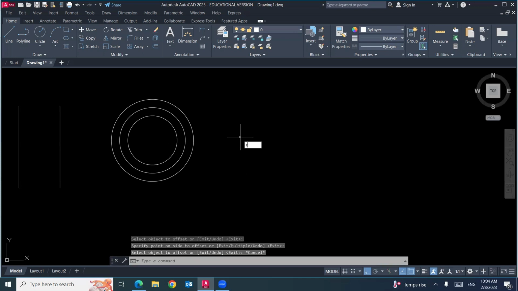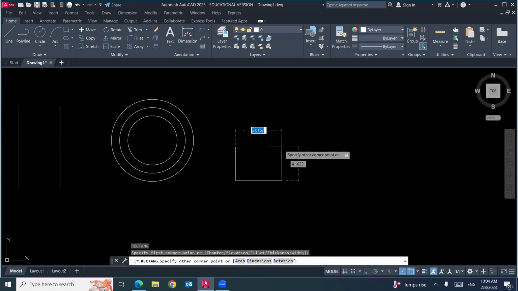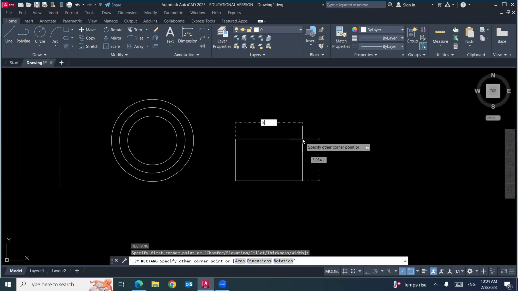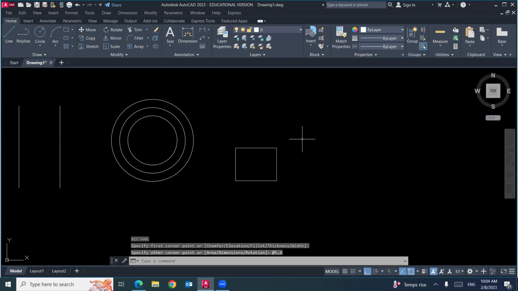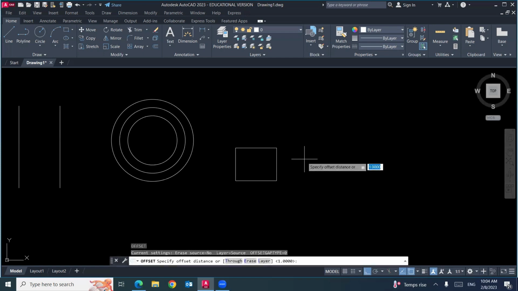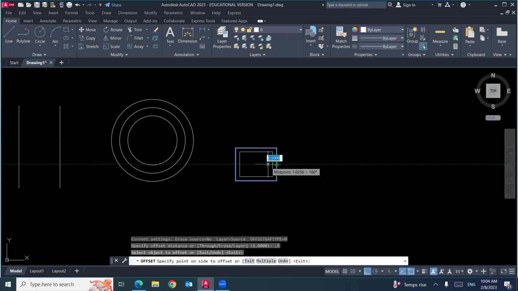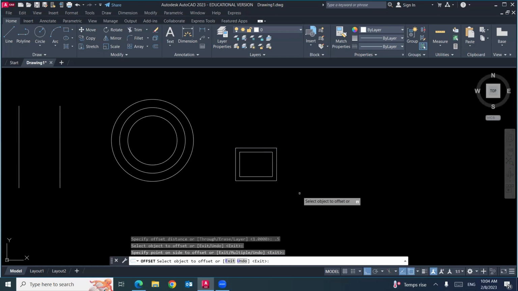The same also if you have a rectangle, 5 by 4. If you call offset, enter, and your distance 0.5, for example, enter, I will select this rectangle. If you click inside, AutoCAD will create offset for the whole rectangle. Keep in your mind,